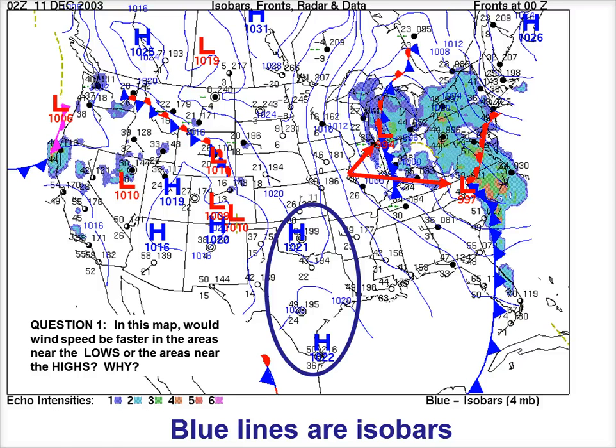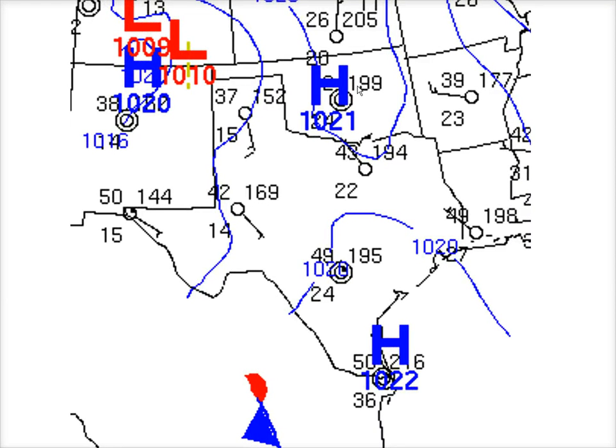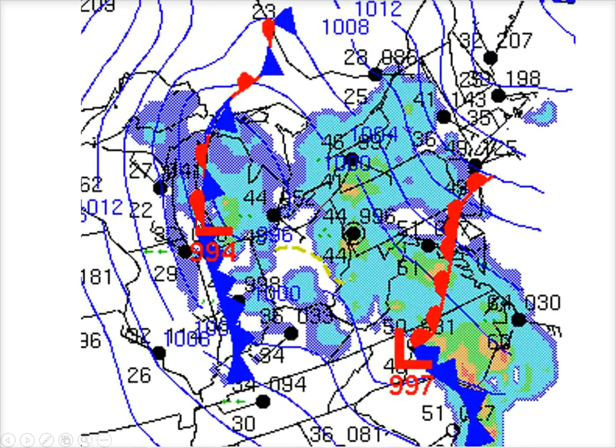So our question is, is the wind speed in the area near the highs greater or faster than the area here near the lows? So we're going to be using isobar spacing to piece that together. And going to this area near the highs, we can see how the isobars are much farther apart over here. So we have a bigger spacing apart over here compared to our area here in the lows where the lines